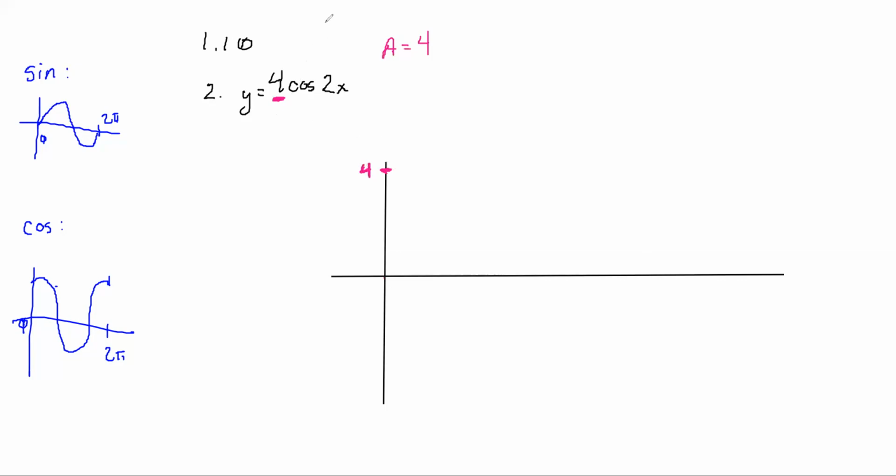Okay. So then I'm going to ask myself, do I have a vertical shift? Because that's an important question before I start graphing this thing. Do I have a vertical shift? No, I do not. So I know that I'm going to be starting and intersecting with that 0 line as I would normally. And then my final question is going to be, what is my period? And we know that period is equal to 2 pi divided by b, which is going to be 2 in this case. So my period,